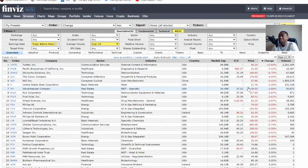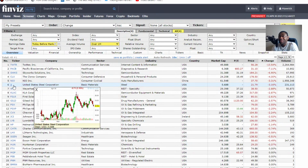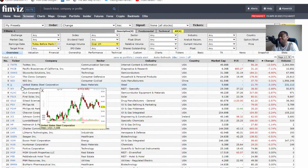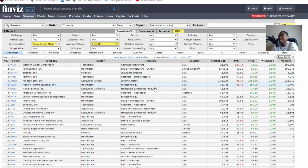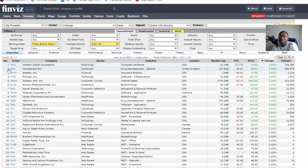provided 48 opportunities. Twitter is the top one on there because it's moving the most. Here's Neo. Okay. Here's X. We like X on here. X is moving minus 3.6% at 21.79. Implied volatility is going to come down. So instead of getting it as a Friday, we avoided that mess of earnings, and thus we can trade it directionally today, or you can just set up a Gangster trade